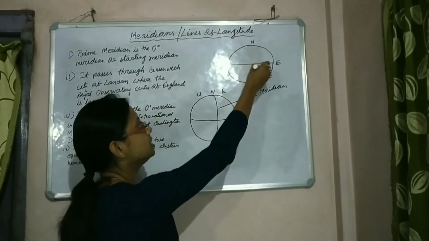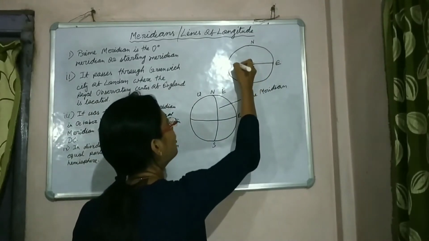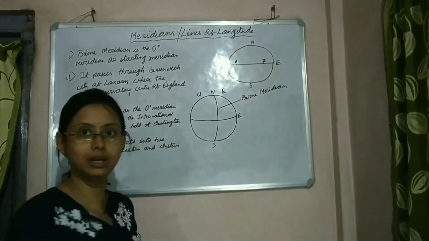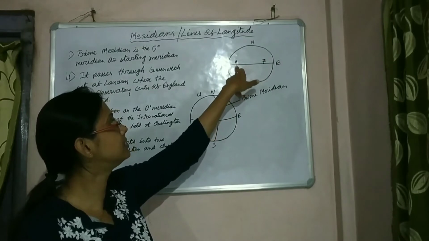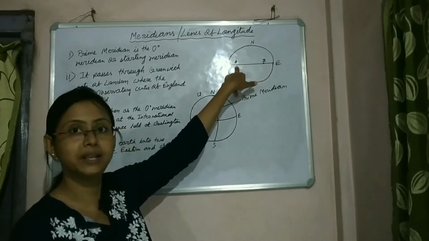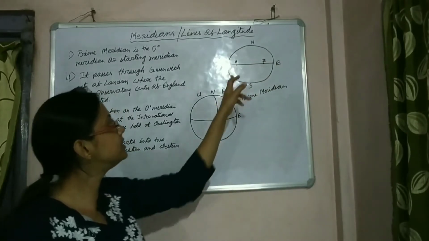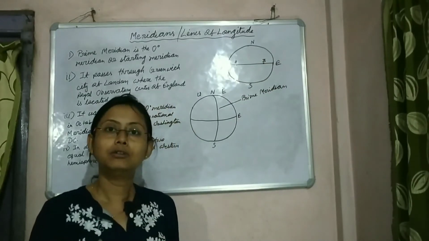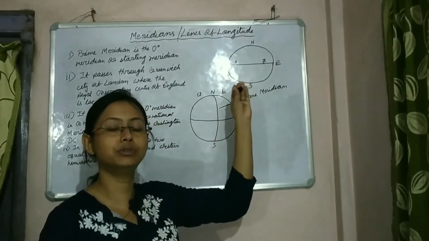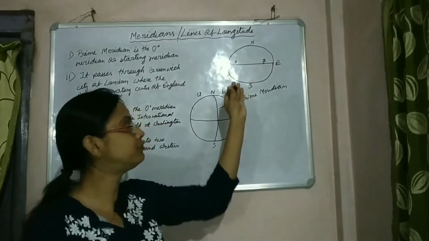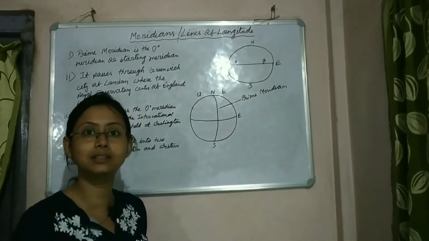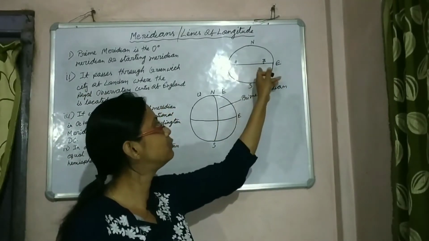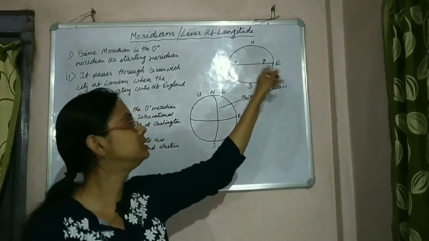So here you can see I have drawn the equator. Now let me point this place and this place on the equator. Let us give the name place A to this point and place B to this point. Now you can see the distance between place A and place B is very long. But if we try to find out the location of these places with the help of the parallel line only, then we will face some problems. What problems? The latitudes of these two places are the same, 0 degrees. As these places are located on the equatorial line, the latitude of both these places is 0 degrees.